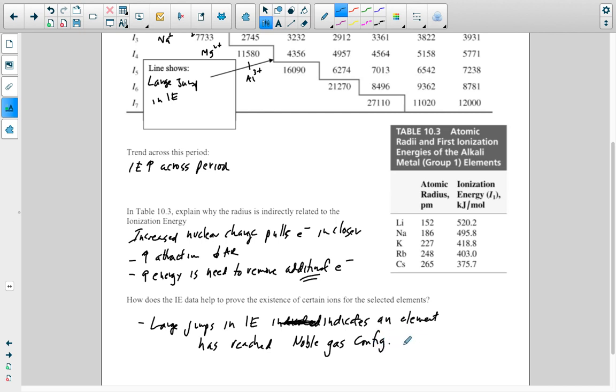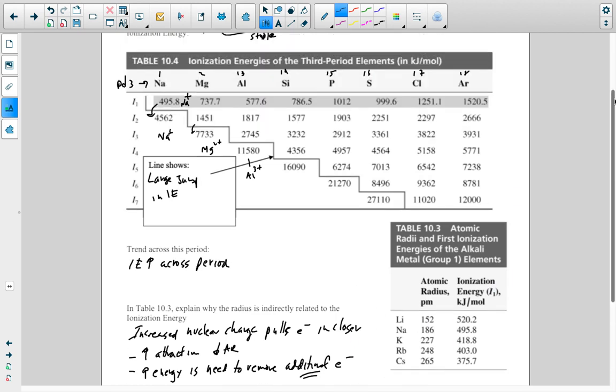Okay, and that associates with your S2, right? And your P6, 1, 2, 3, 4, 5, and 6. All right, so that is the S2 filled shell. So that tells us. All right, so just an interesting way the data kind of fits our idea. And I just wanted to show you